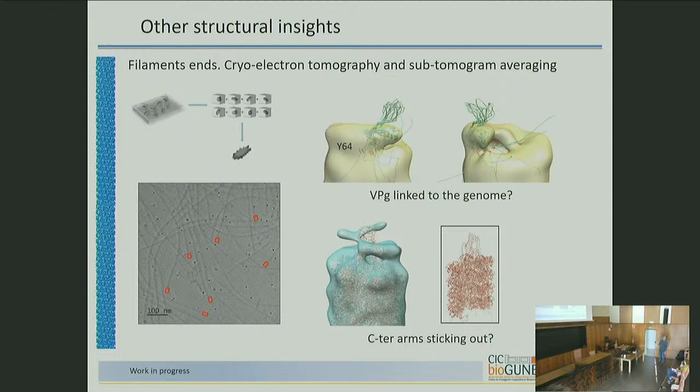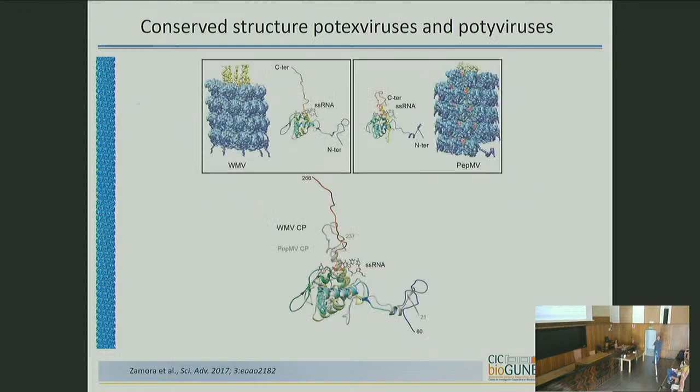And this crazy thing, the only thing that we can think of is the C-terminal regions, which we know reach higher levels in the turn and are exposed directly to the solvent. We don't know whether this is real or not, so we need to add more data here. So, conservation: those are the Alphaflexiviridae family, a Potexvirus, and the Potyviridae family, a Potyvirus, and they have the same fold.